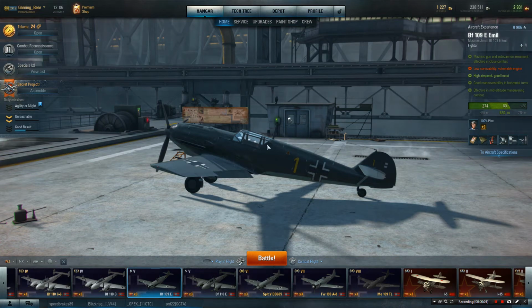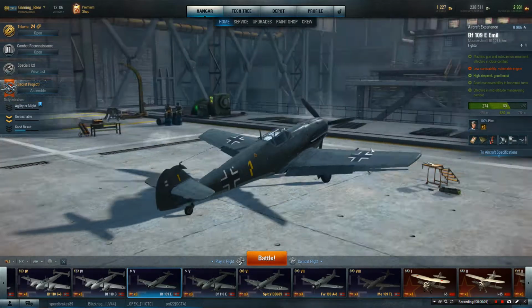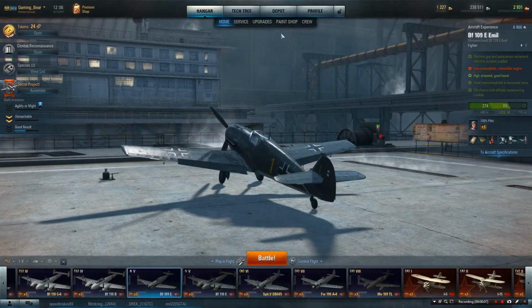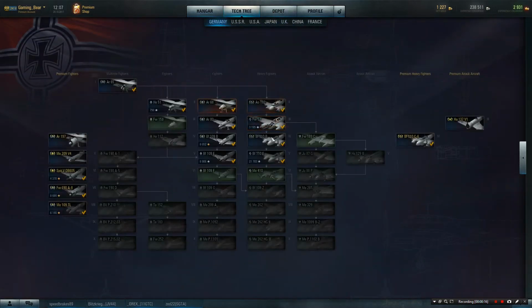Hi guys, right, we're in the Emil, the BF-109E, the Tier 5 fighter. Let's have a look at the tech tree. Now, as you know, I've completed the British line of fighters, so I'm working on the, well, let's check where I am on the German line. They've got so many different fighters. So I'm working up, coming up the Emil, and at this stage I'm going to go down towards the